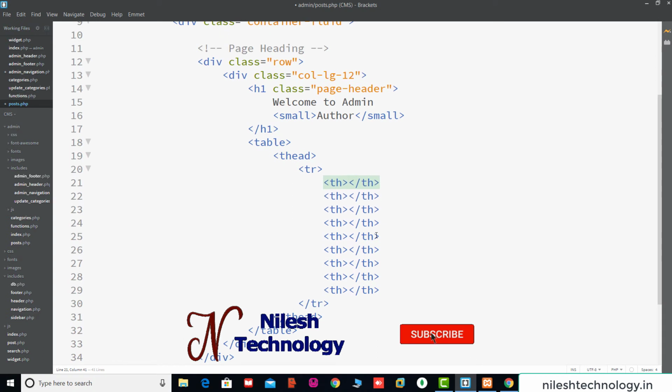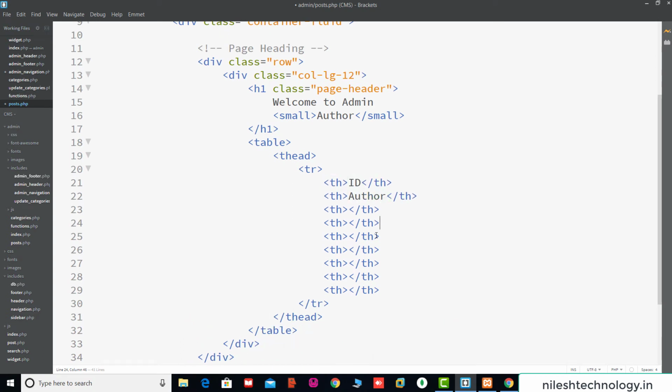So first was the ID, then we print the author, then the title, then the category ID, then status, image, tags, comments count, and the date.